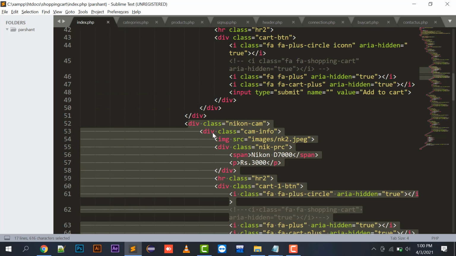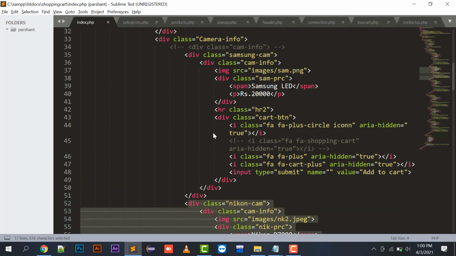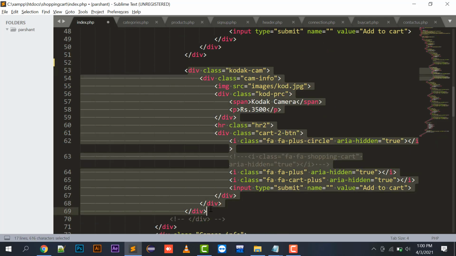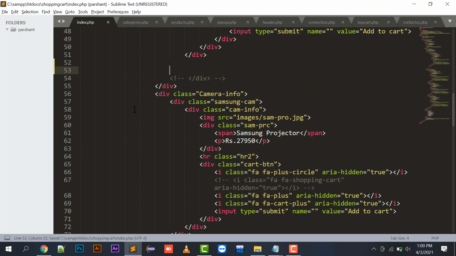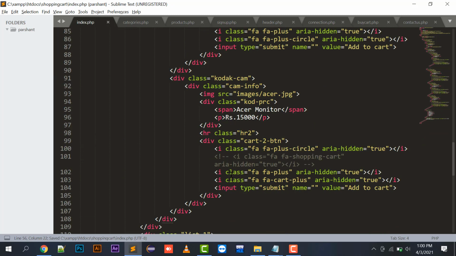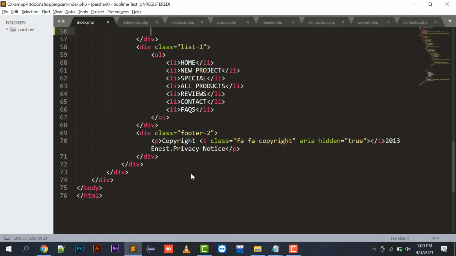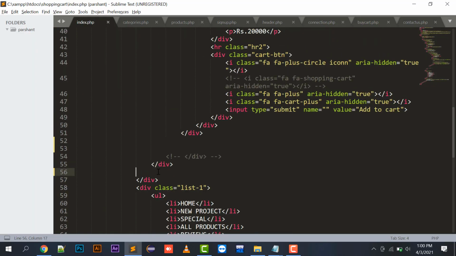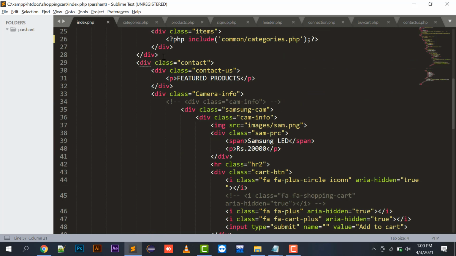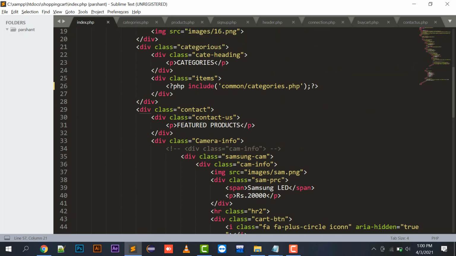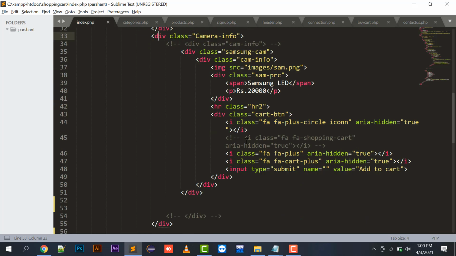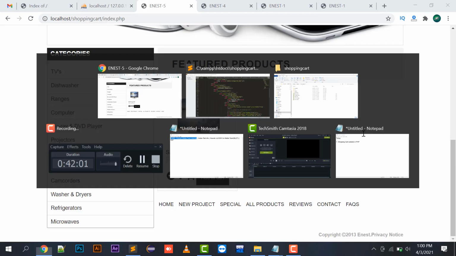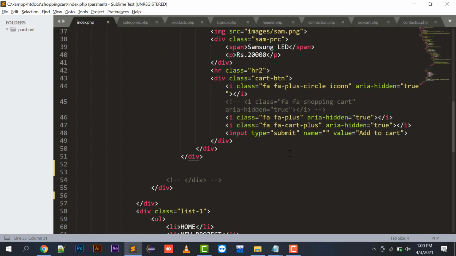So I will just delete this, and we will be left with only one division. I will delete this as well. So I have the parent div, the camera info div, which contains the product part, and this is the individual product.